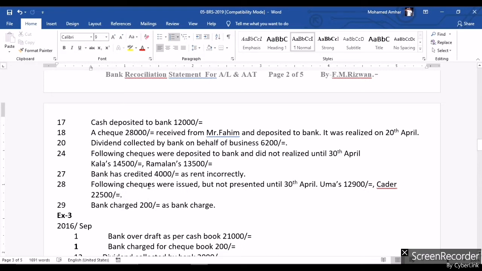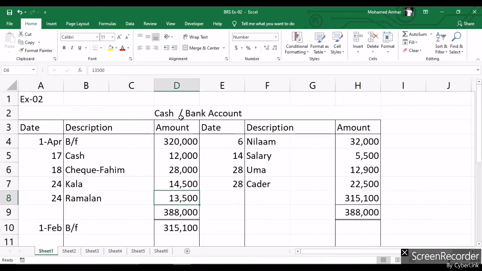So two checks have been issued, one for Uma and another for Kader. So that would be recorded by the organization on 28th, to Uma 12,900, to Kader